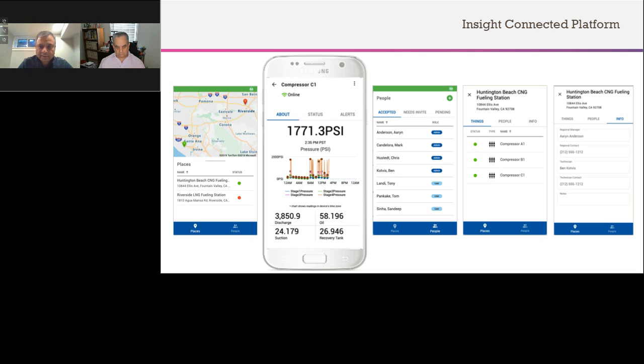For example, in this location, we are getting the data about who is the general manager or main contact person at the location. When we go into the compressor, we can get all the data readings plus all the warranty information and things like that. So that's in a nutshell what Insight Connected Platform does in general, and it can be customized for any scenario that you're looking at. It can be customized whether you want to do cloud or on-prem. And I'm going to pass on to Juan to talk about how to do it on-prem.